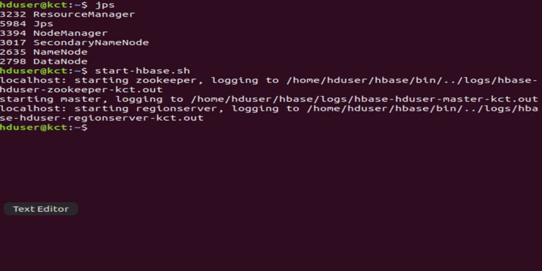So after this step, we can find new processes got initiated by giving the same jps command. Some new processes have been initiated once we started HBase along with the necessary Hadoop daemons.